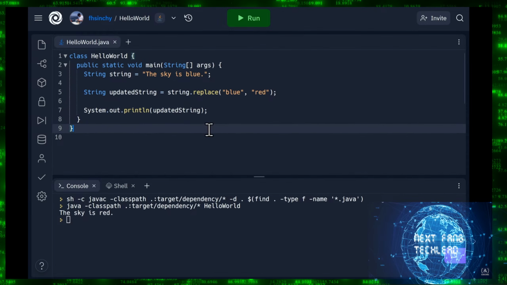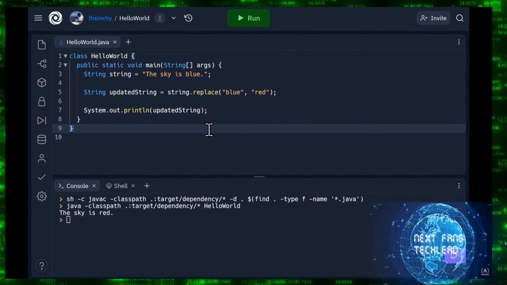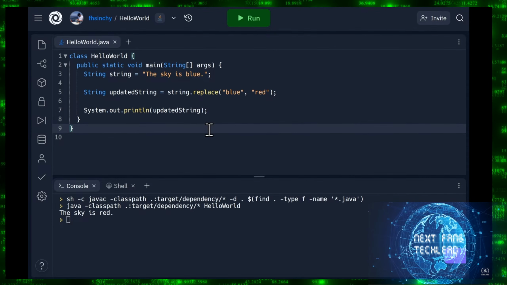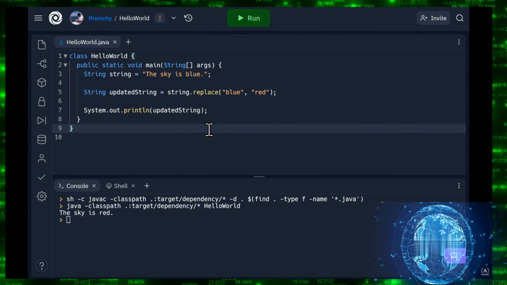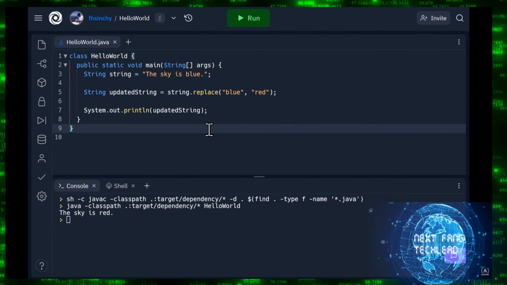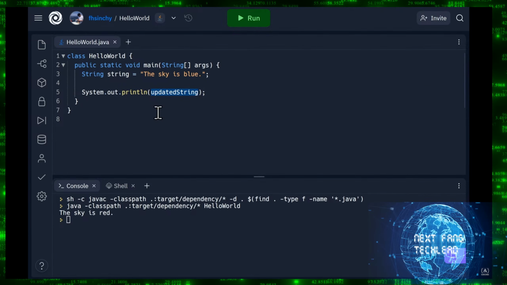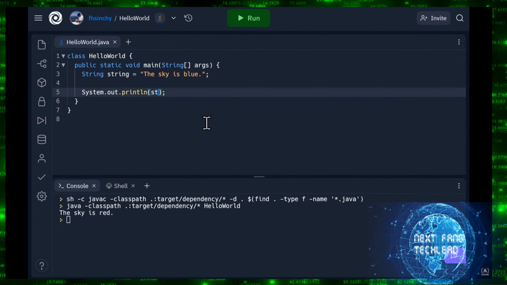You may not always want to replace a substring within a string, but you may want to check whether a string contains a certain word or substring or not. You can do so in Java as follows. So we will use our previous string which says the sky is blue, and we will check whether this string contains the word sky or not. To do so, you will say string, which is the name of our string here, then a dot, and then contains,